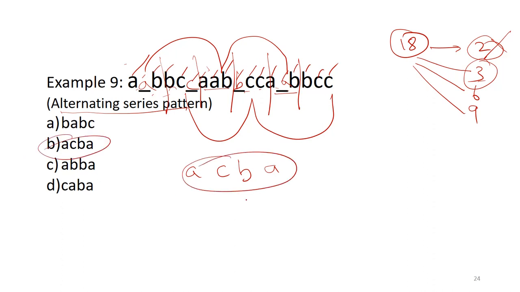So if you don't want the alternating one, take 6 terms. This gives a bigger picture, so the same terms repeat. Clear? It's a simple question. Okay, let us go for the next one.